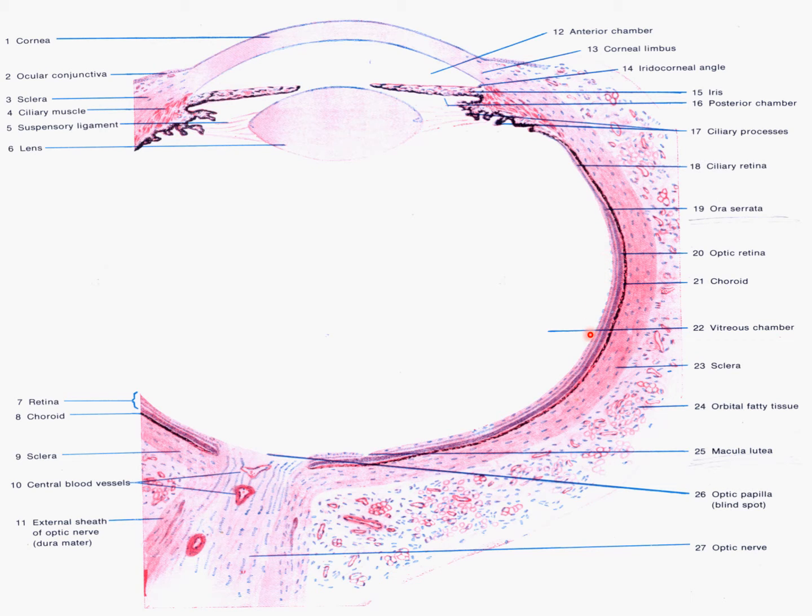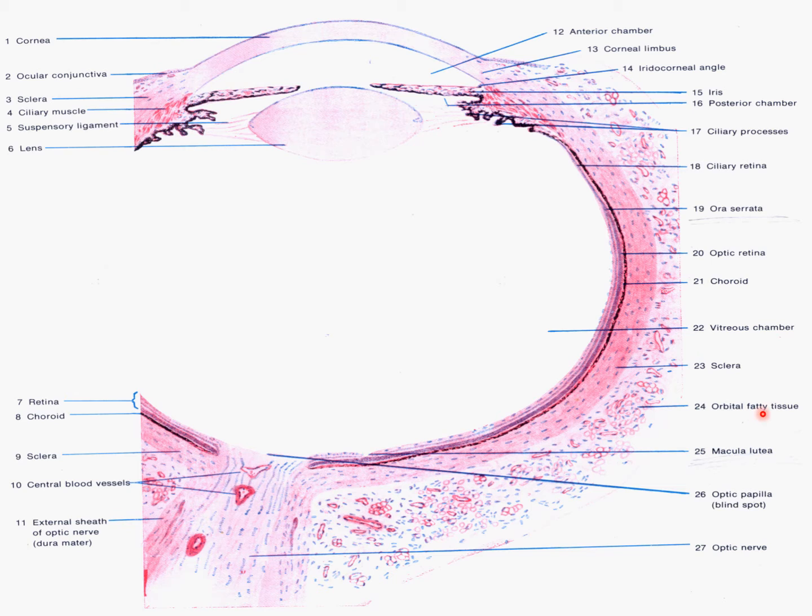This one is the inner part of the retina, and here there is a depression, called the optic blind spot or optic papilla. In this portion, the inner coat is the retina, the middle coat is the choroid pigmented layer, and the outer fibrous coat is the sclera. In between there is the optic nerve, which carries the blood vessels, with an external sheath of dura mater. This part is the optic nerve, and here is the optic papilla, the blind spot. The depression on the retina is called the macula fovea.